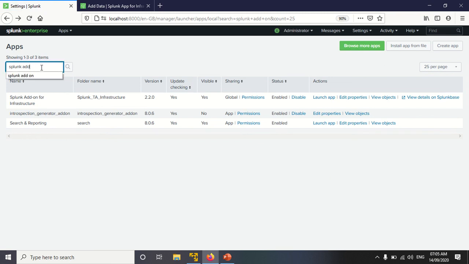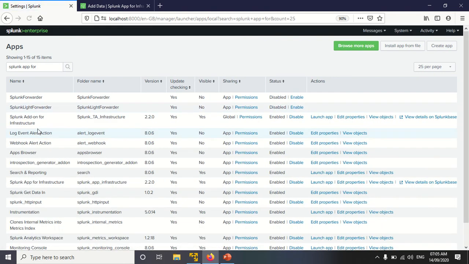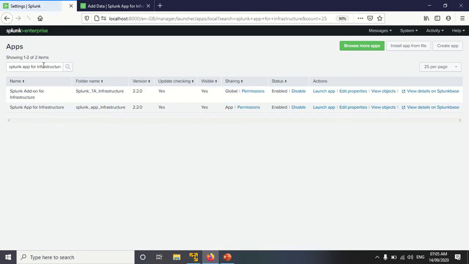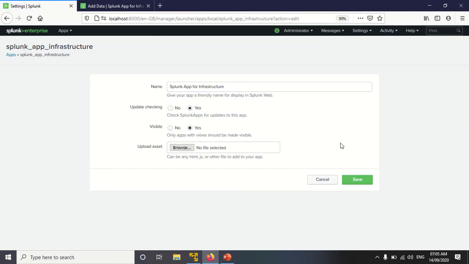Once again, I'm checking the same thing for the Splunk App for Infrastructure. Here visibility is set to yes. If it is not on, then go to Edit Properties and click on visible.